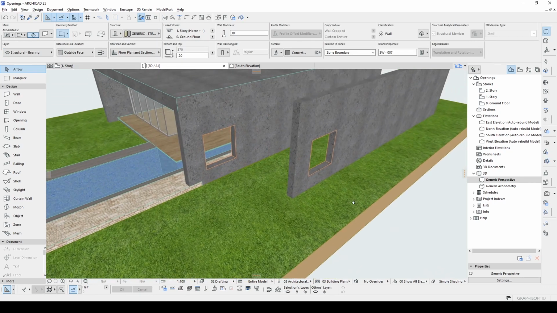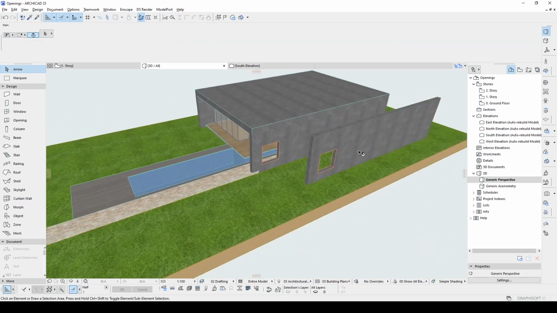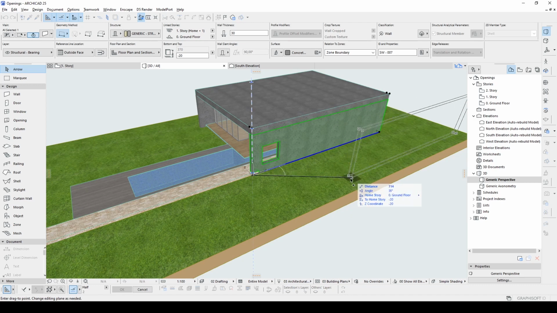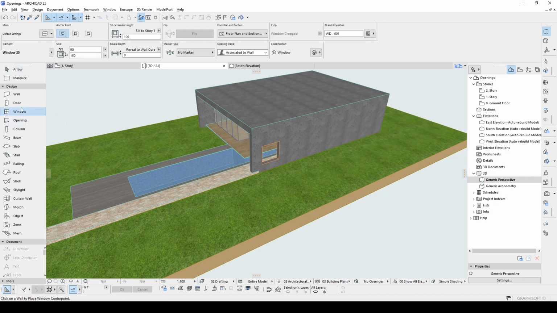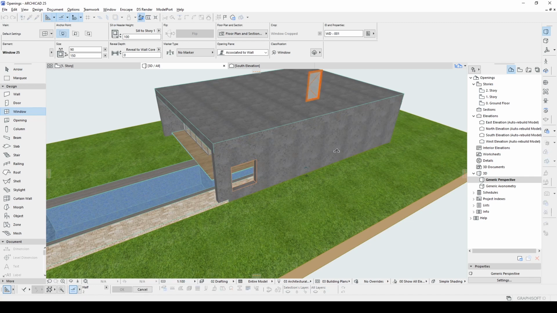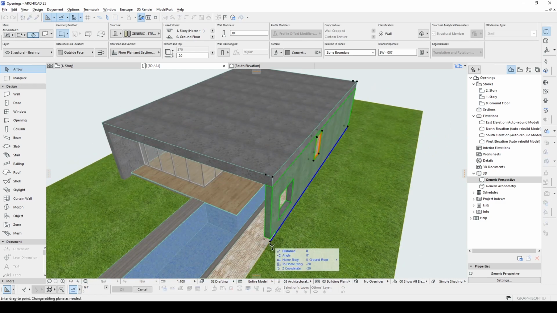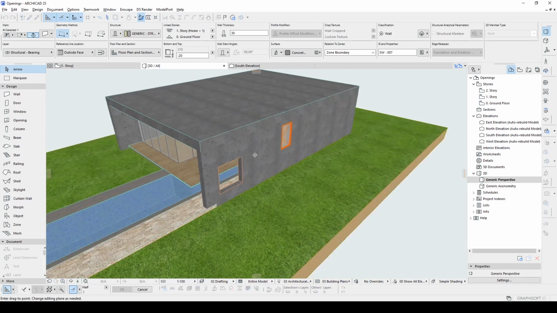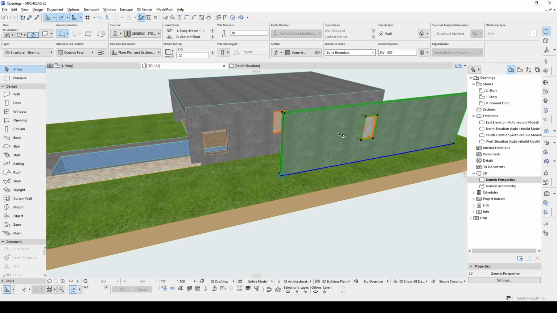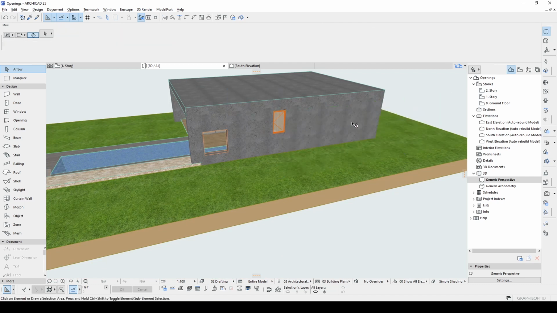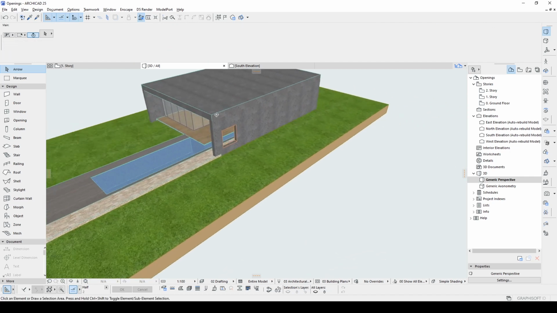Yeah, now it happens. But I prefer to only copy the wall, and it must be copied with the opening. Why am I saying that? Because if you just place a window onto your wall and you copy your wall without selecting your window, the window is copied. But why your opening is not copied, I don't know. Anyway, let's just get rid of those and continue.